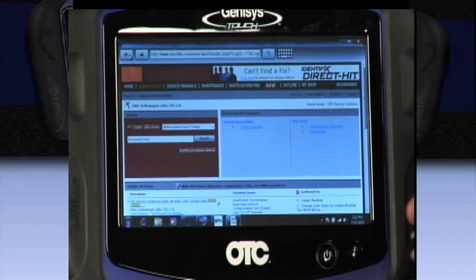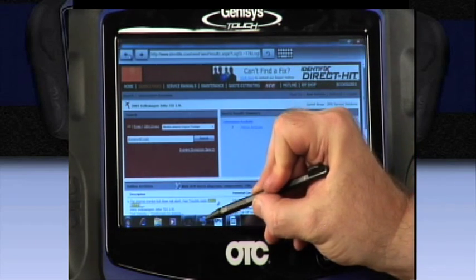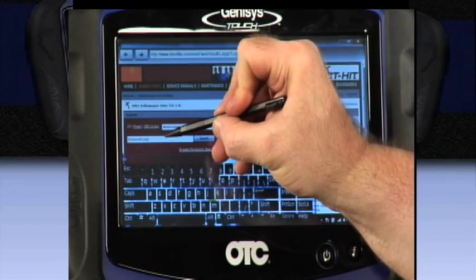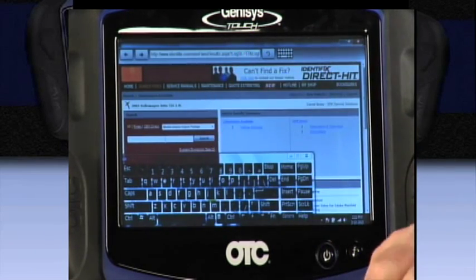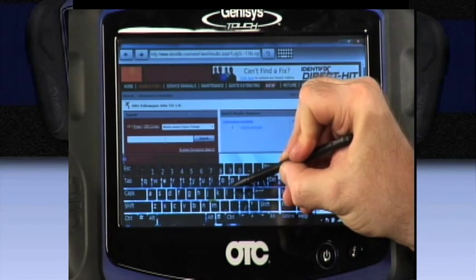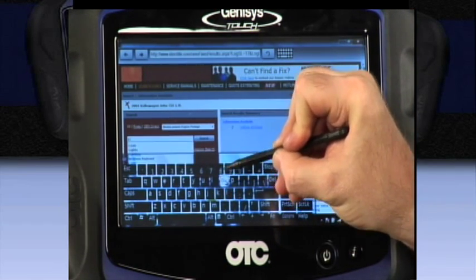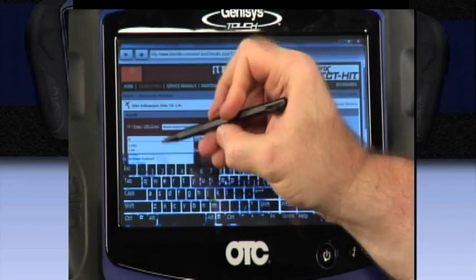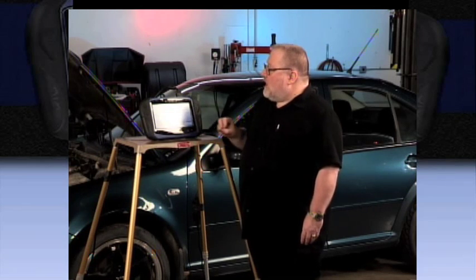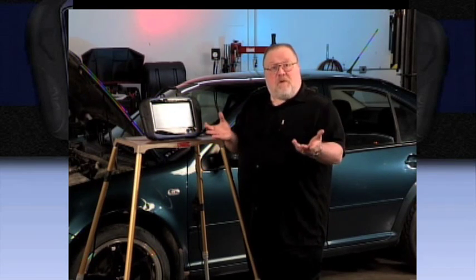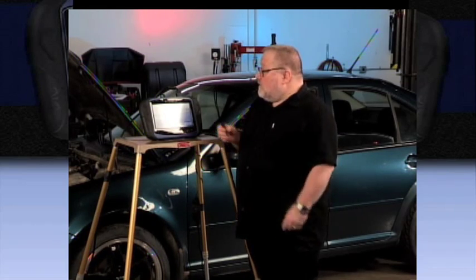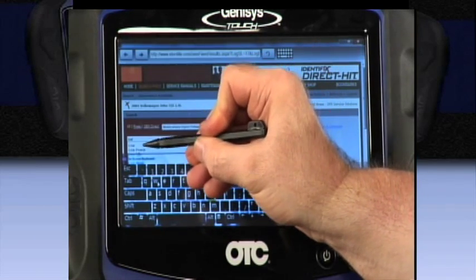Once I'm at the navigation page, I simply go to the taskbar here, select the keyboard, and then I'm going to select the entry pane, and now I'm going to enter my symptom. In this case, we're talking about low power. Now you'll notice as I begin to enter information, it's automatically going to pull up a pull-down menu that actually gives you the most common associated automotive term. So I can go ahead now and just click on low power